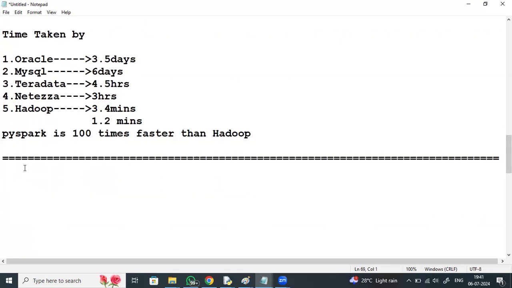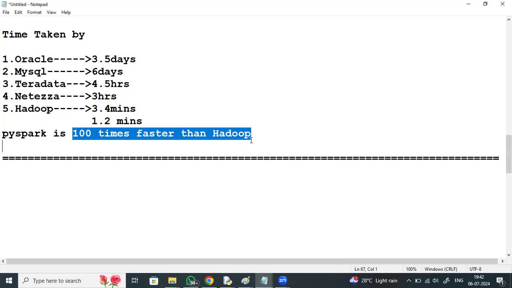Hadoop already has great speed, but Spark, which we talk about as PySpark, is 100 times faster. Spark is a distributed cluster computing framework given by the Apache Software Foundation for big data analysis, processing, and computation. Mainly we see in-memory computation, storing and processing within memory because of its very high speed. That is 100 times faster than Hadoop in the case of memory, and in the case of disk processing, 10 times faster.